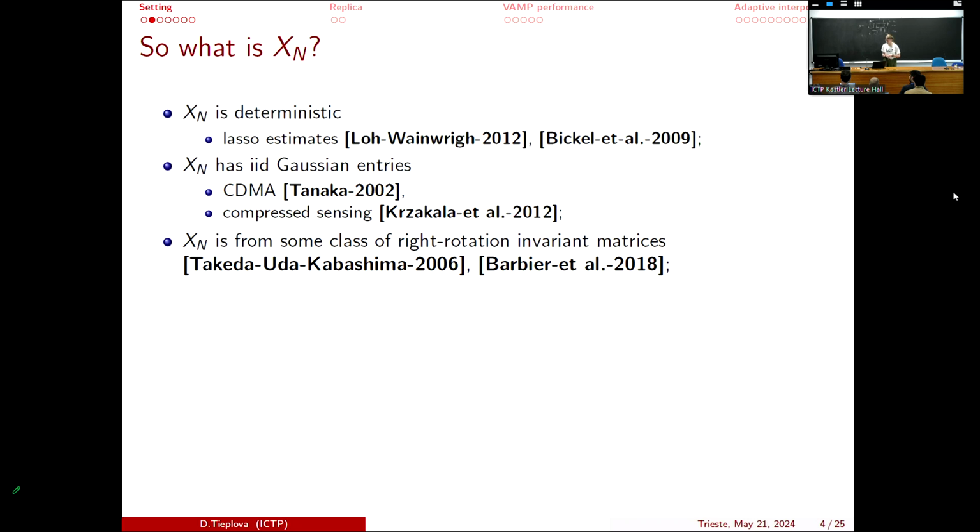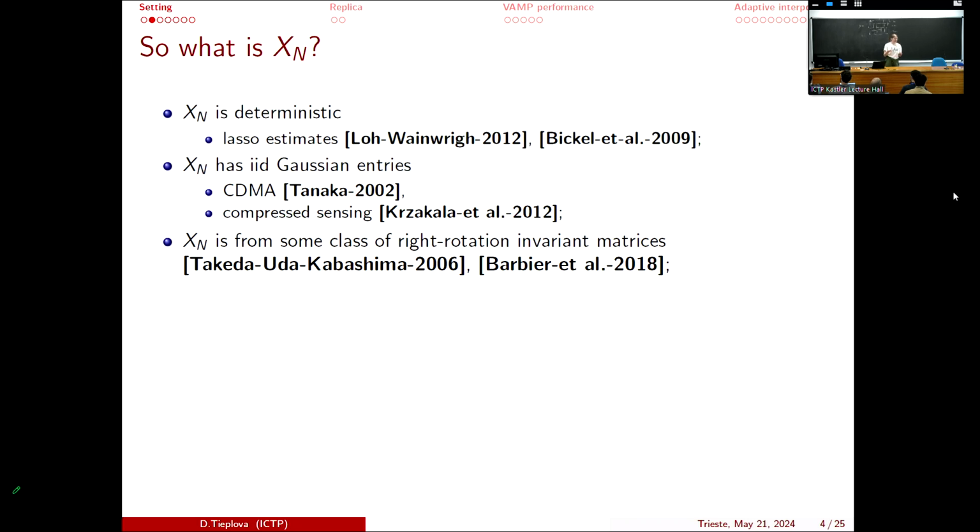But again, there are always people who are not happy. Especially in some fields like econometrics or biosciences, as I said, it's very good, but we want something more from this design matrix. For example, we want it to depend on time. We want to have some memory of the previous instances and so on.